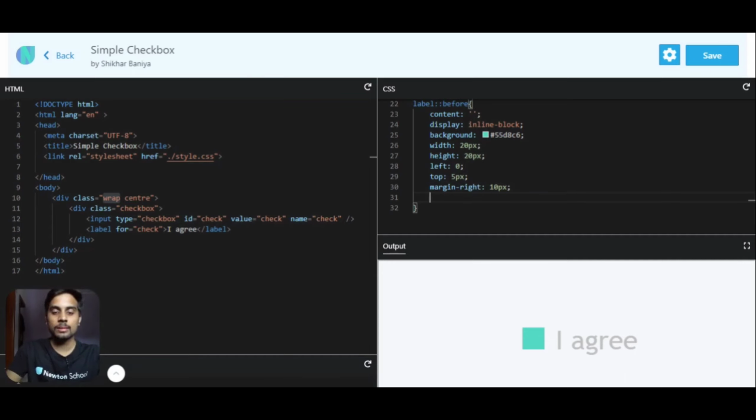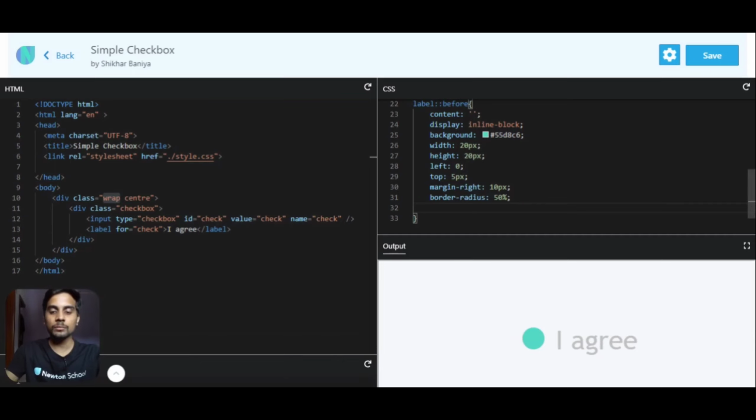And what we want, let's make it circular. So border radius will be 50%. So now it is in circle shape. Also, let's add some box shadow to this circle.